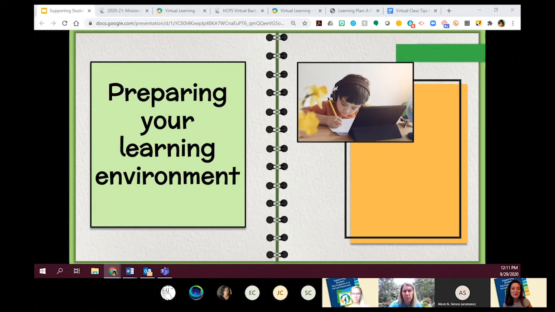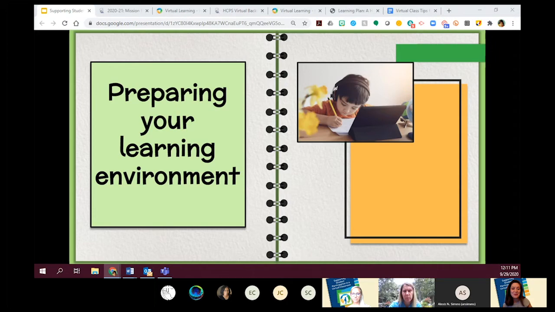And then step 2 is to prepare the student workspace daily. And why do we do this? To maximize that learning time. It is a long day, especially for the younger students, but it's not as long as it would be in the classroom. So one thing that I'm suggesting to a lot of my teachers, and that they've done successfully, is